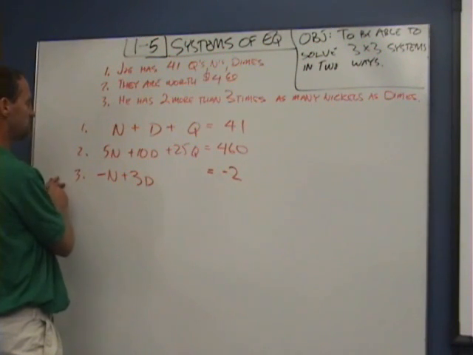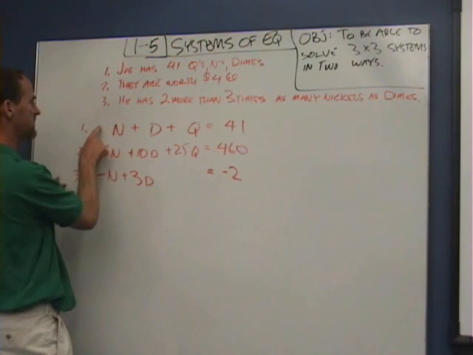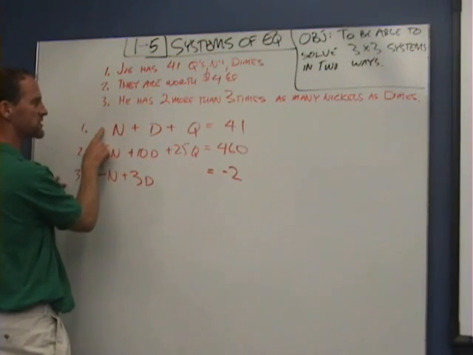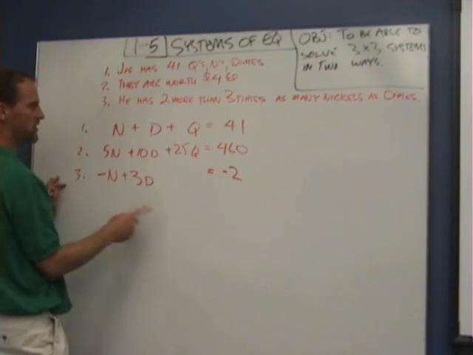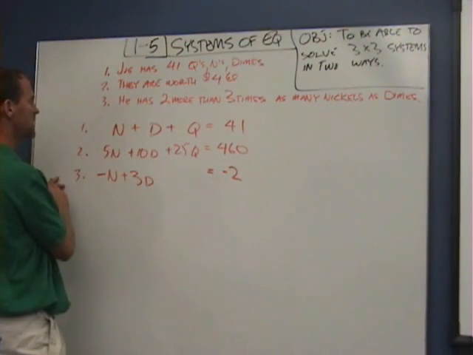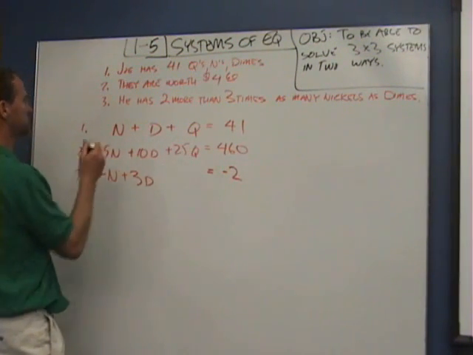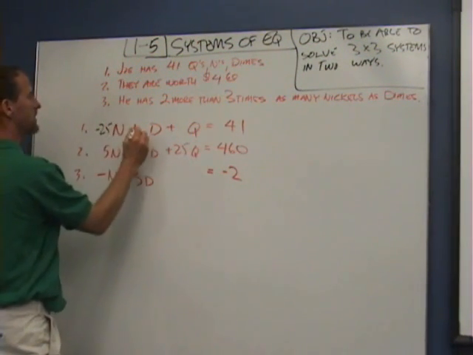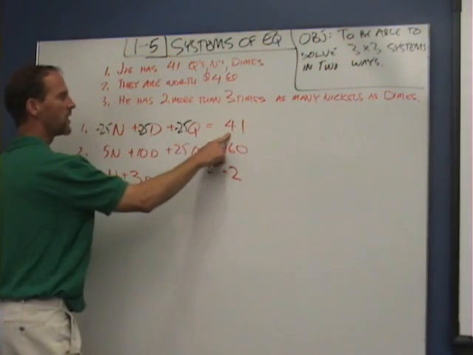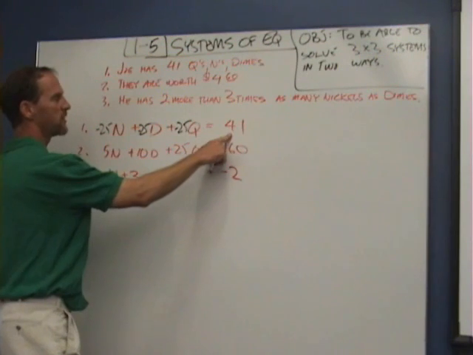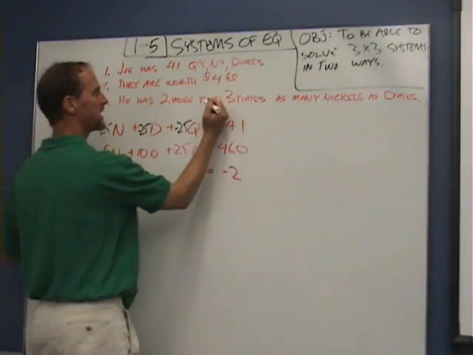All right, so I need to solve these. There's no quarters in this equation, so if I can combine these two to get rid of quarters, I'll have 2 equations, this one and the combined one, and then 2 unknowns, and I can solve that quite easily. So what I'm going to do is multiply this top one so that the quarters cancel out by -25. 41 times -25, well, 40 times 25 is going to give 1,000, so it's going to be